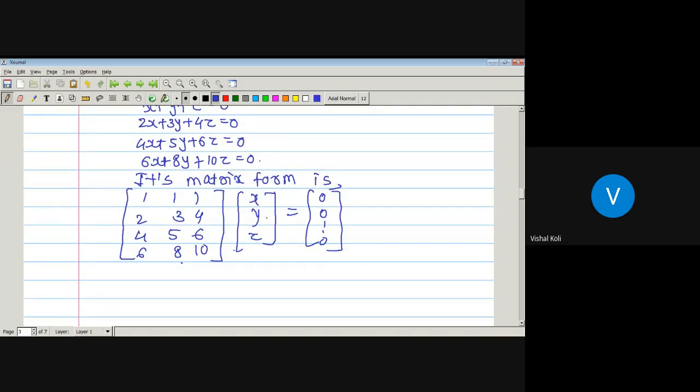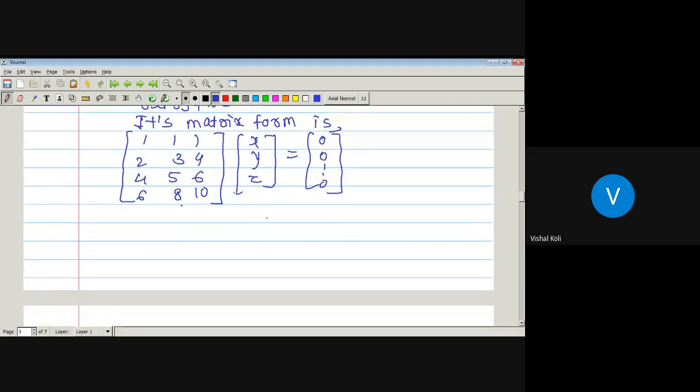Okay. Now, suppose we have to find out its solution. There are so many methods for finding out the solutions of a homogeneous system of linear equation. The first one is nothing but the solution by adjoint method, and the second one is by using the row reduced or column reduced echelon form. Okay, and we have already seen in the last lecture what is a row reduction, that is elementary transformations on a matrix. There are three elementary row transformations and three corresponding elementary column transformations.